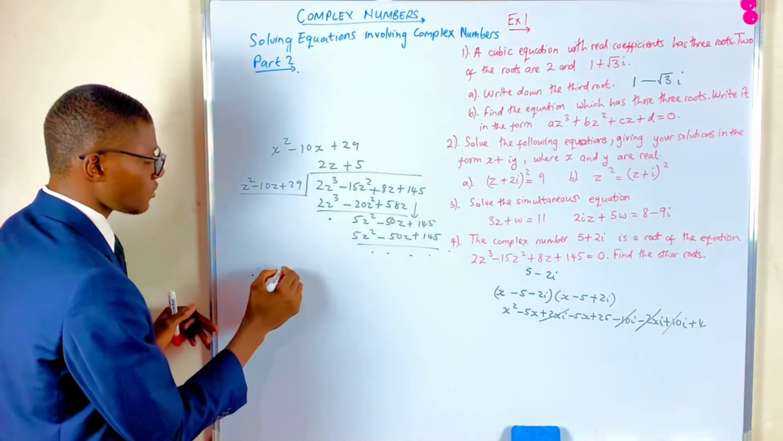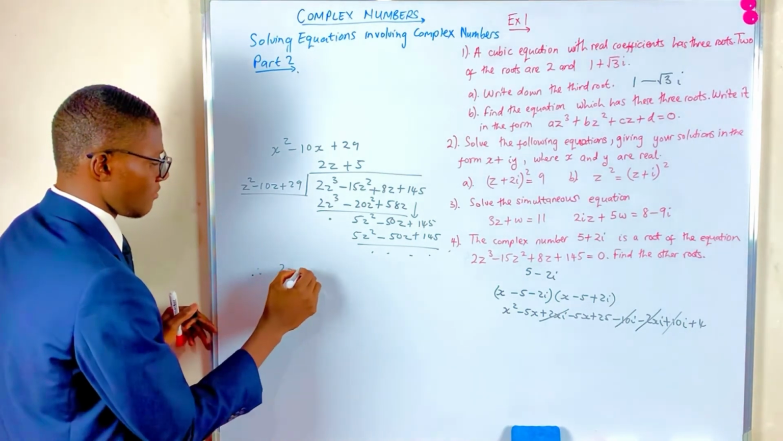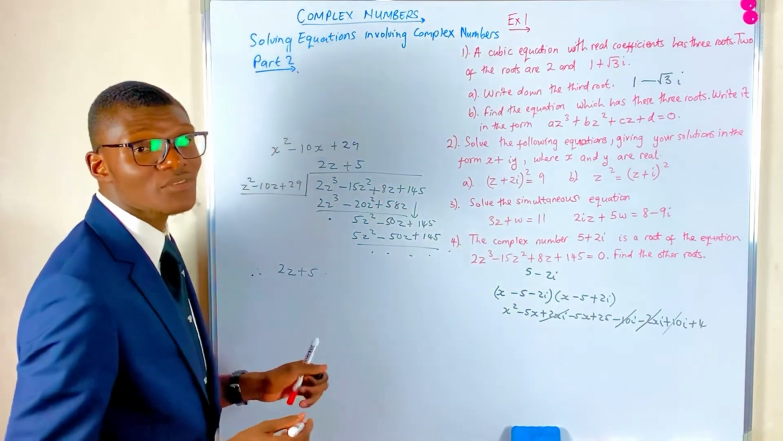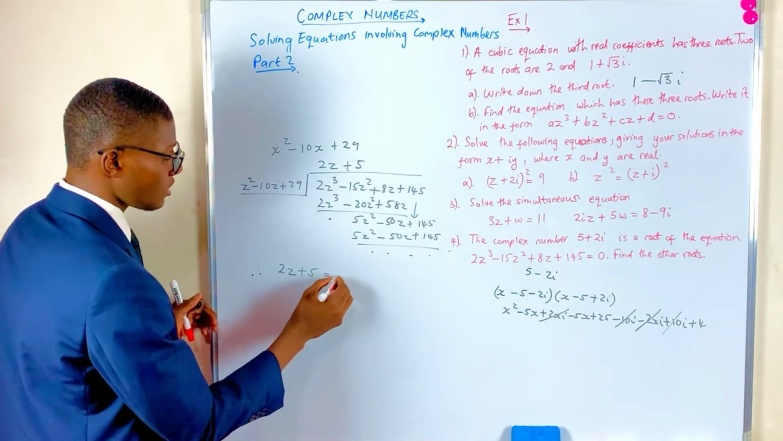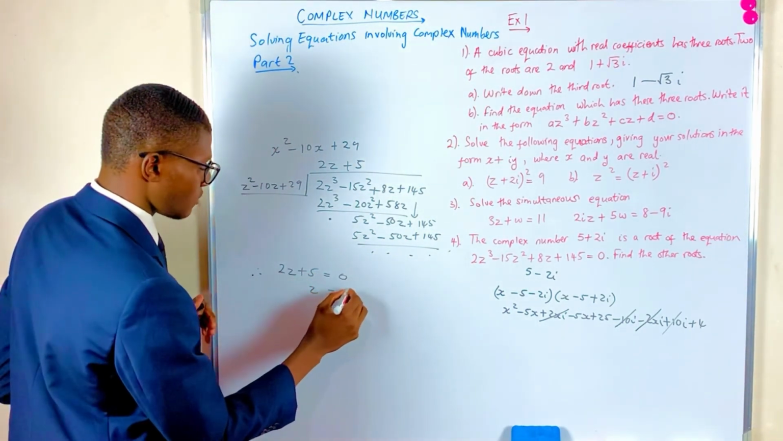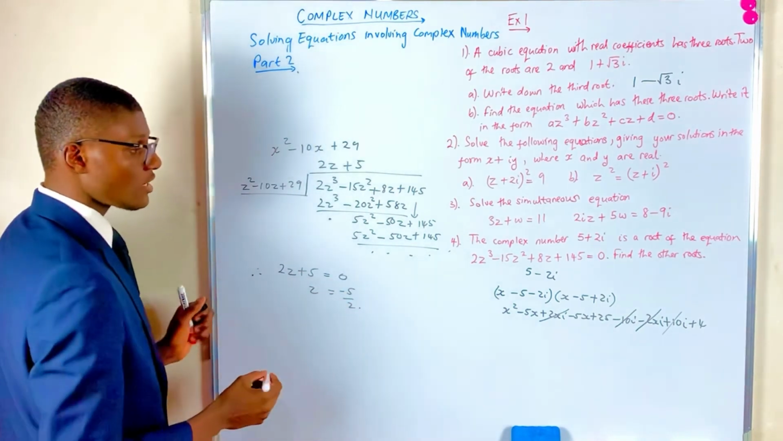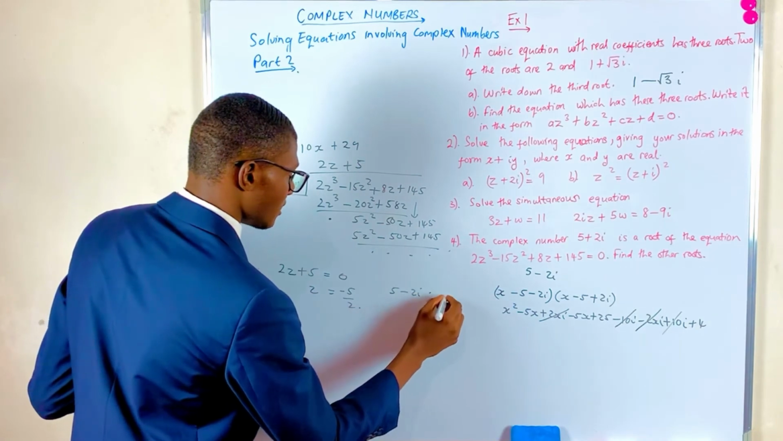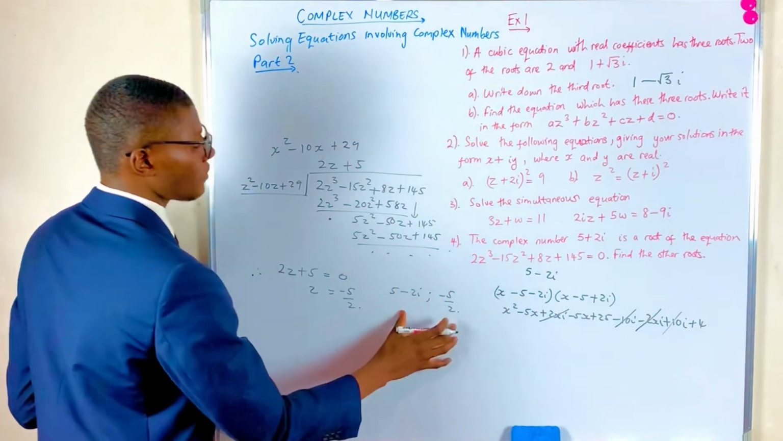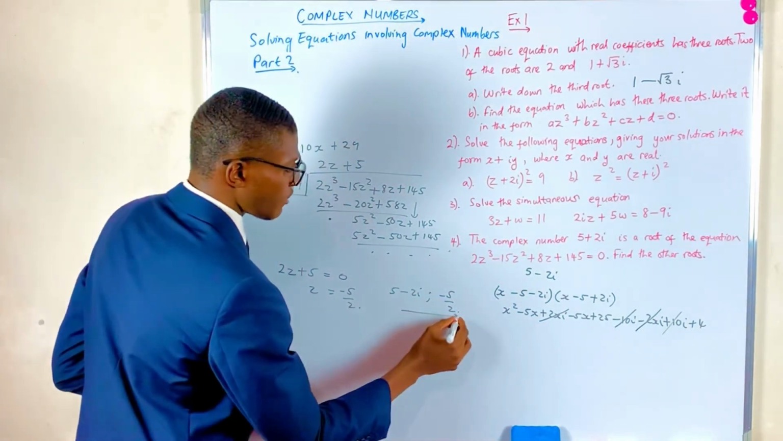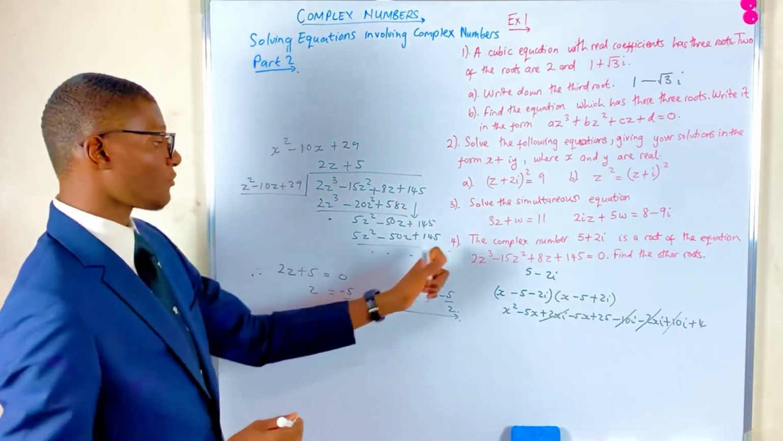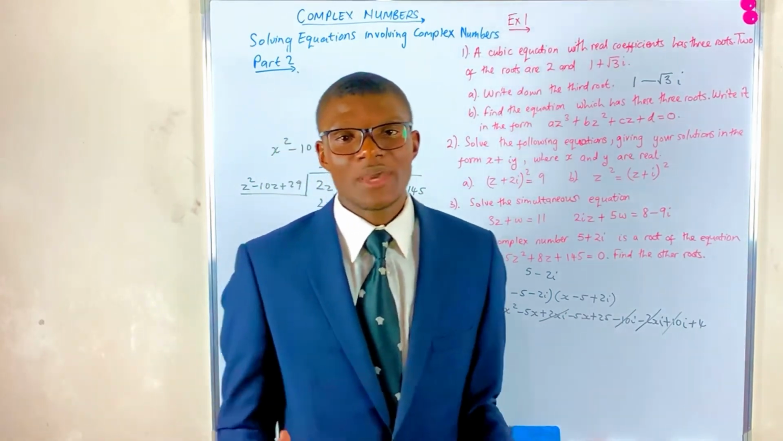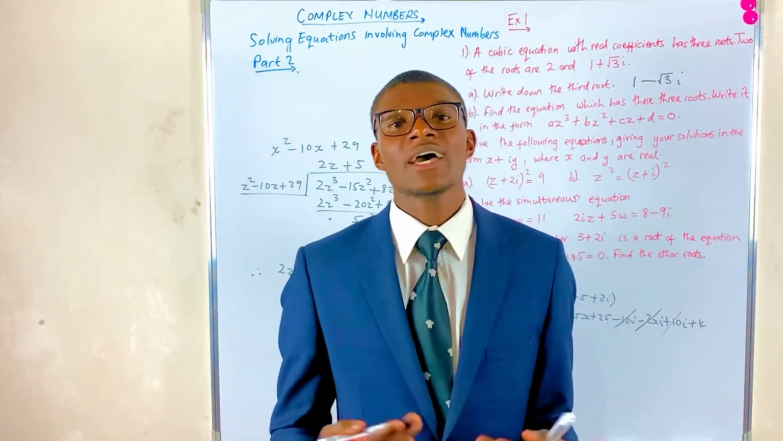So the other factor would be 2z plus 5, this is a factor. So to get a root, we shall solve for z, which will be minus 5 over 2. So the other two roots that we want, we've got 5 minus 2i and minus 5 over 2. So these are the two roots that are required for number 4. Okay, so this was simply solving polynomial equations that involve